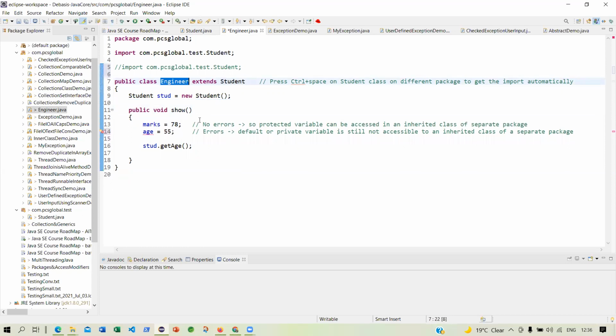In this class, we have a show method. Within this, I have created an object stud from student, because I have imported the student entity class and extended it. So I get all the properties, marks.